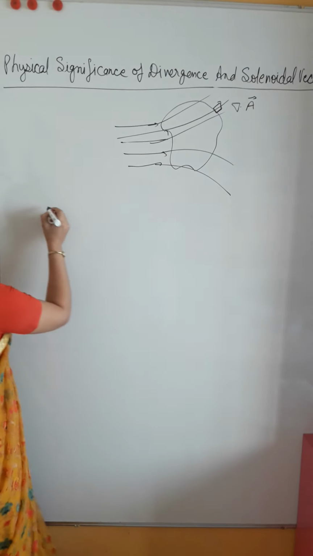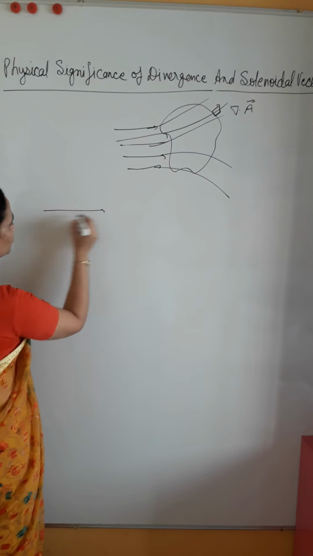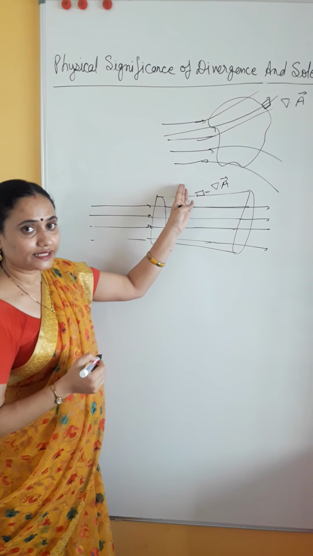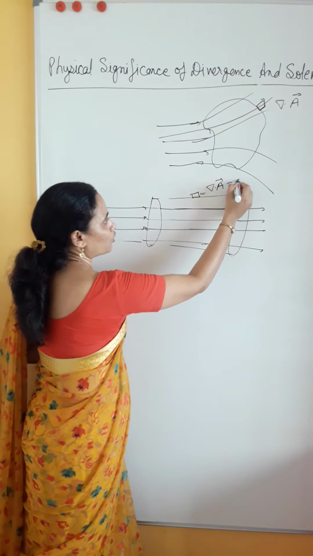Okay. Now suppose some fluid is flowing this much, and this keeps on going. At the surface we want to know how much fluid is coming out. For this type of fluid, whatever fluid is going in is coming out as it is. So is it diverging? Whatever has entered, the same is going out like this. It is not diverging. So at this point, if I want to know the value of divergence, how much fluid is coming out? It is 0.